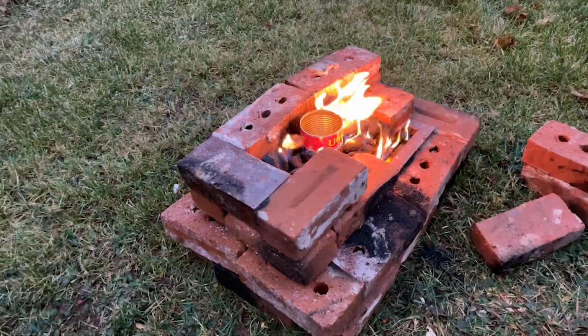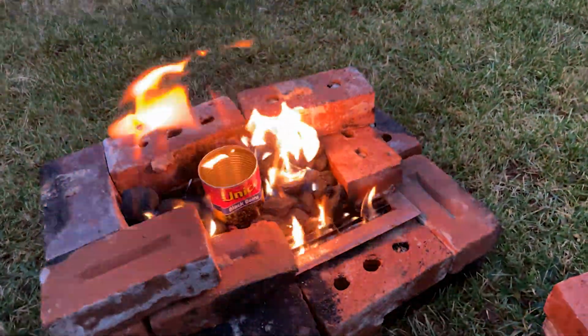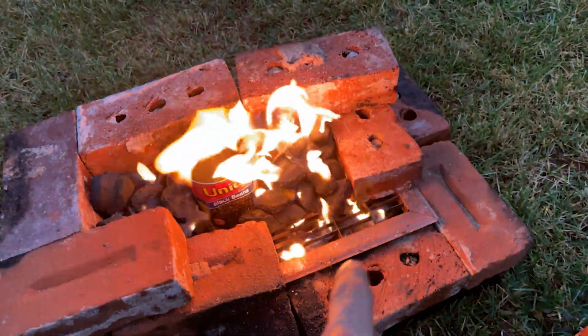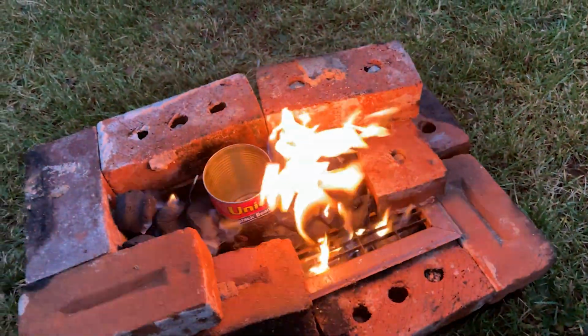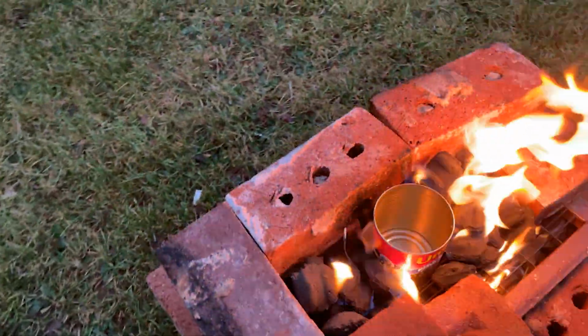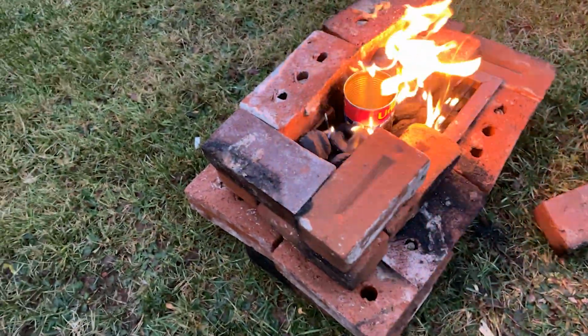Alright, so we got everything kind of lit in there. The bottom's kind of starting to catch fire. You can see right down there. So hopefully it spreads. Our crucible is heating up,